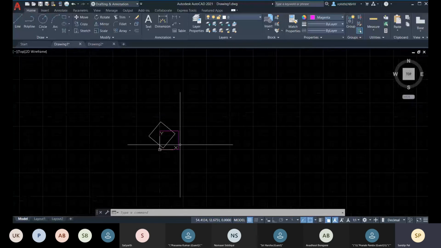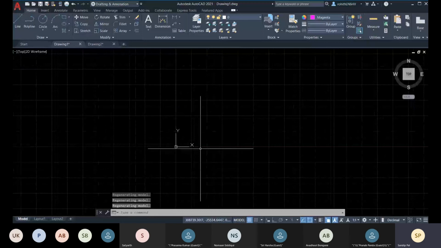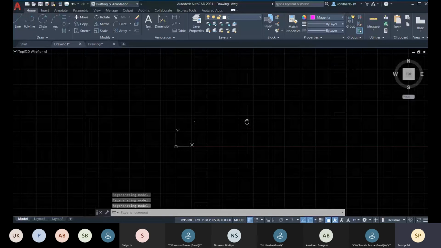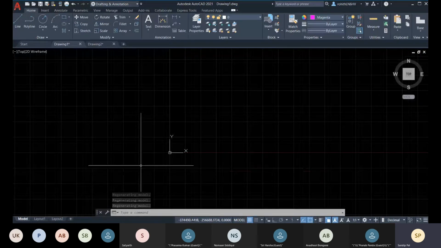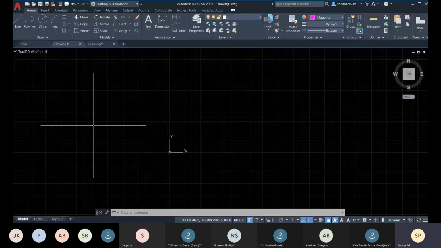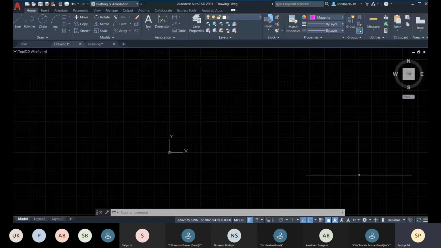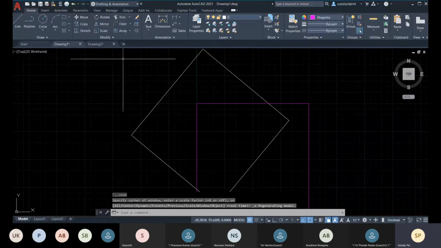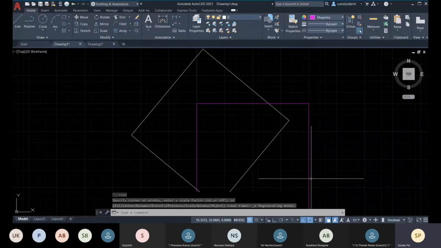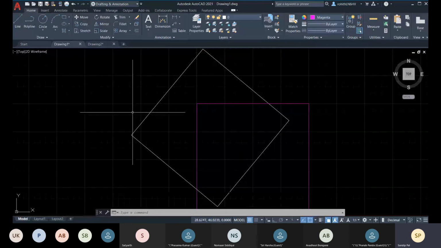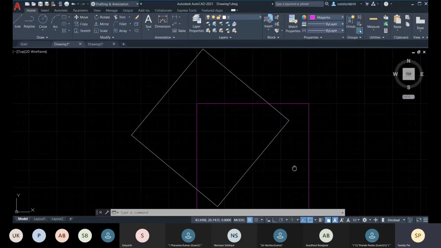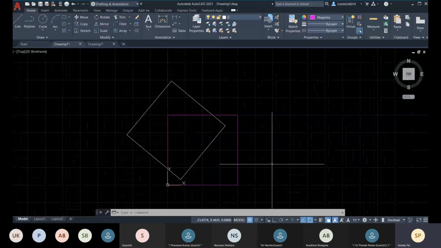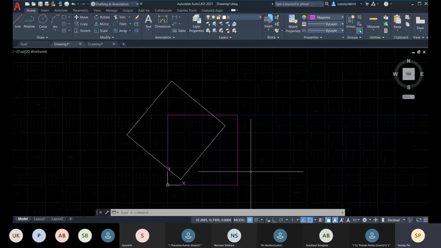And suppose you have created a small drawing and that is not visible within this. At a single click you want to make it visible within this viewport. So what you do is double click your scroll button, and all the drawings will be visible within this screen. This is how you navigate generally.